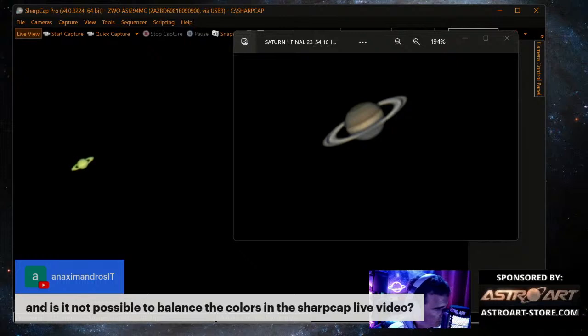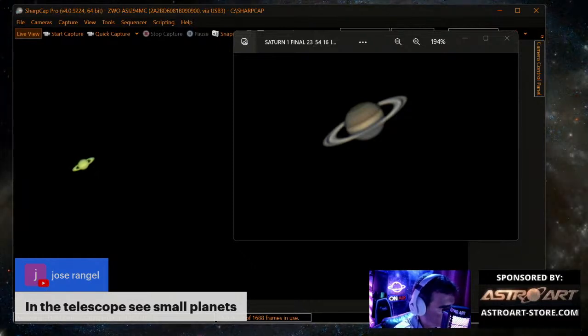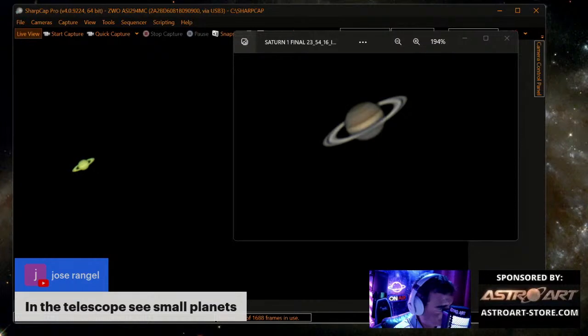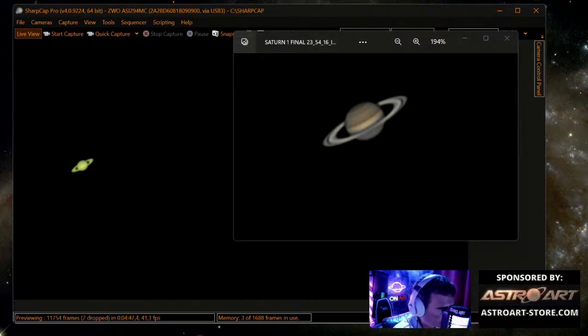Now this one, in the telescope, see small planets. Now, you see, you can use whatever you want.